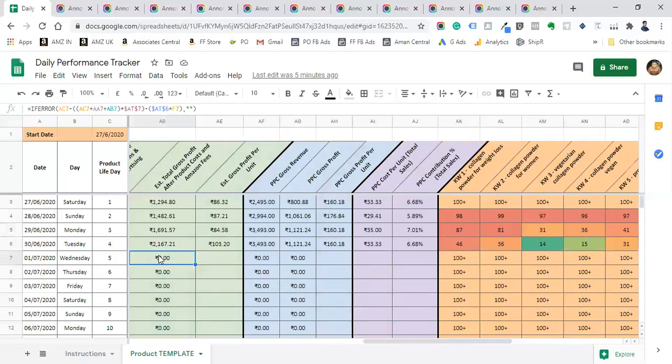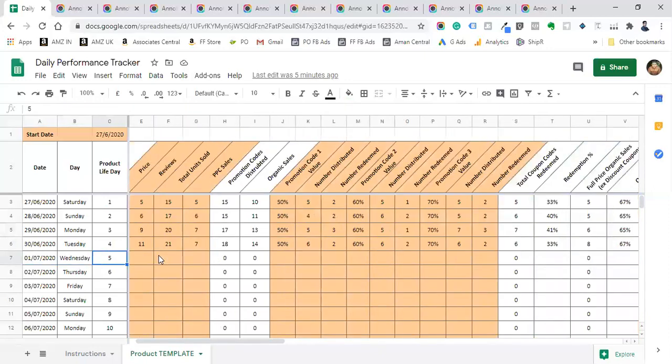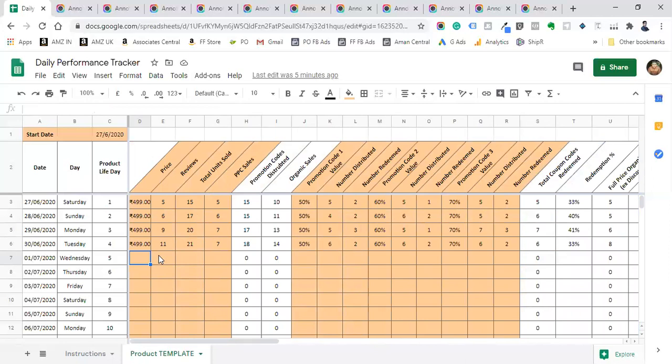So we will do one day, for example. We are doing it for Wednesday. The selling price of the product is going to be the same. Suppose we go to that product page and we see we got another new review, then it will become 12 reviews. Then the units sold for that product, you will be able to get from the business reports section. You will be able to see the total number of sales for that particular date.